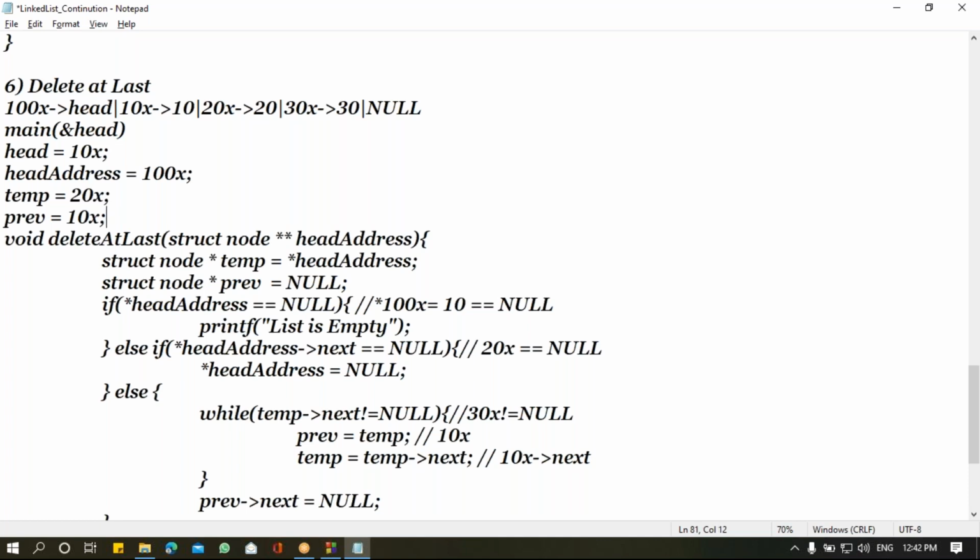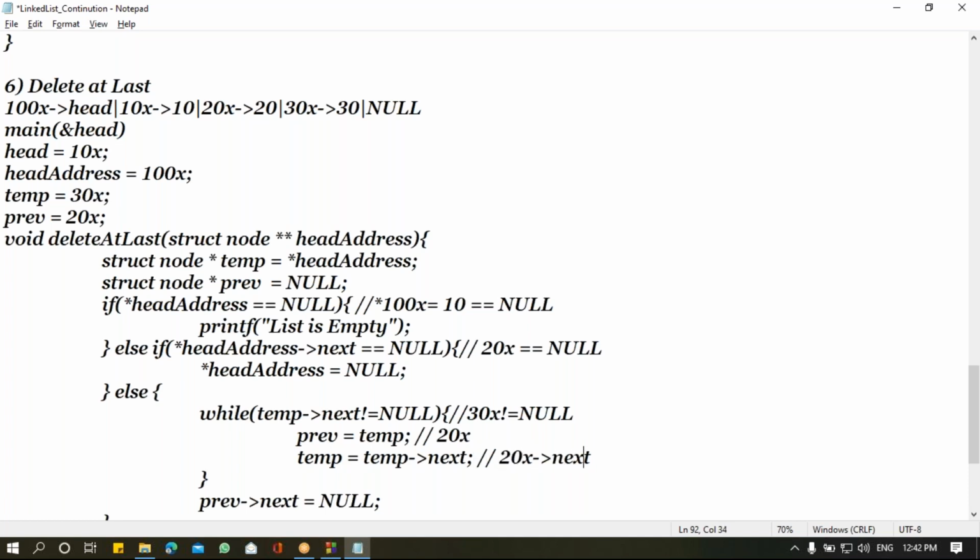My temp holds a value of 28. So I'm saving the same 28 as my previous node. After updating the previous value, I'll be moving to the next node. My temp will be updated to 38. So now the previous will hold the value of 28 and my temp will hold the value of